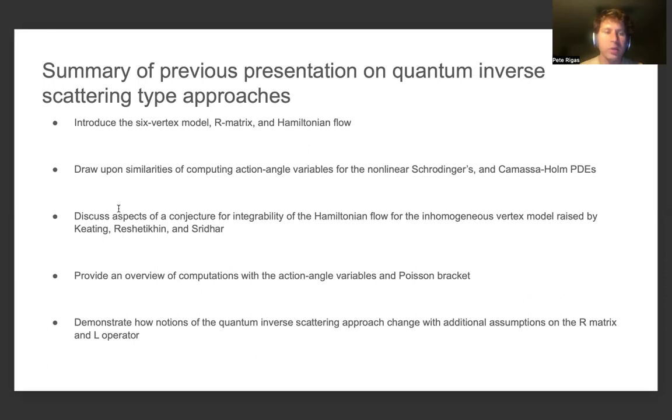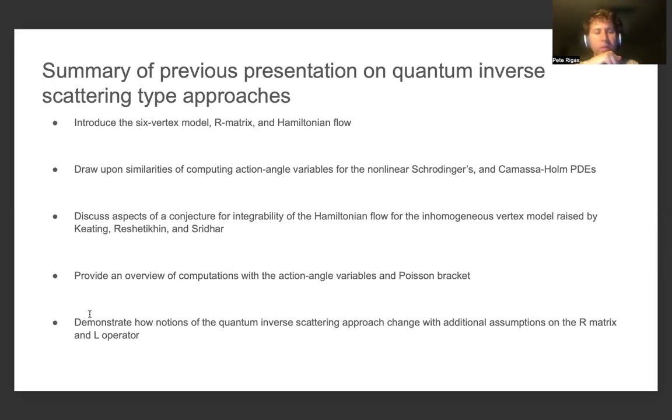from which we'll discuss, again, aspects of the conjecture which we had described in terms of the Poisson bracket of the action angle variables, which is used to make some interpretation of the integrability of the Hamiltonian flow for the inhomogeneous six-vertex model that was first raised by Keating, Reshetikhin, and Sridhar in the last sentence of their paper, in which they make this conjecture and say that it would be of interest to explore it,